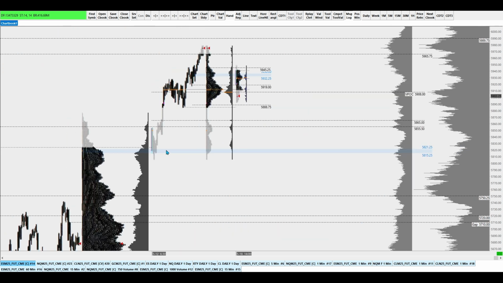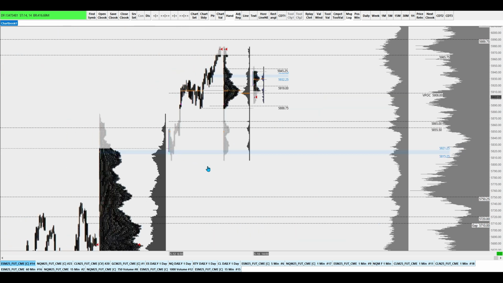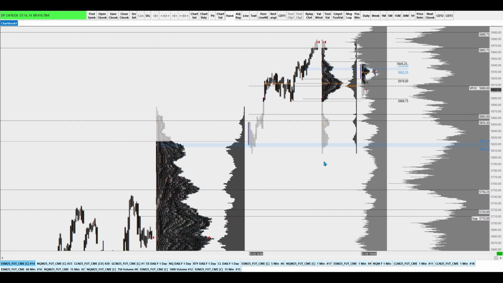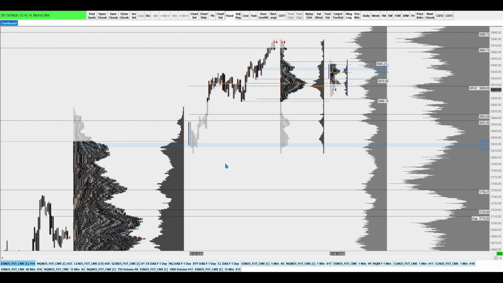So we had some swing longs down here, which were great. Did I expect to be initiating new swing longs after a huge gap up? No, but the setup presented itself, right? So this is probably what I'm going to look for more of this week. This sort of similar setup.